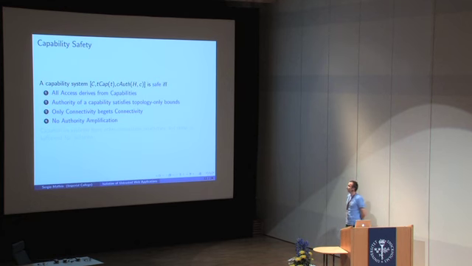So our definition of capability safety says that if we have a bunch of capabilities and two mappings, one telling me what are the capabilities of a term and the other what is the authority of a capability in a particular state, then all the accesses, that is all the read-write operations that actually appear in the trace of the program, must be included in the authority of the capabilities. That's condition